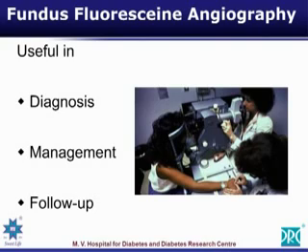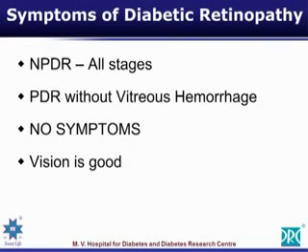This is a picture of the fluorescein angiogram. Before, we were taking films of the fluorescein, black and white films, but now the whole thing has been digitalized, and in probably about 2 to 3 minutes, we give out a digital printout of the whole fluorescein angiogram to the patients. What are the symptoms of diabetic retinopathy that the patient will come to you for?